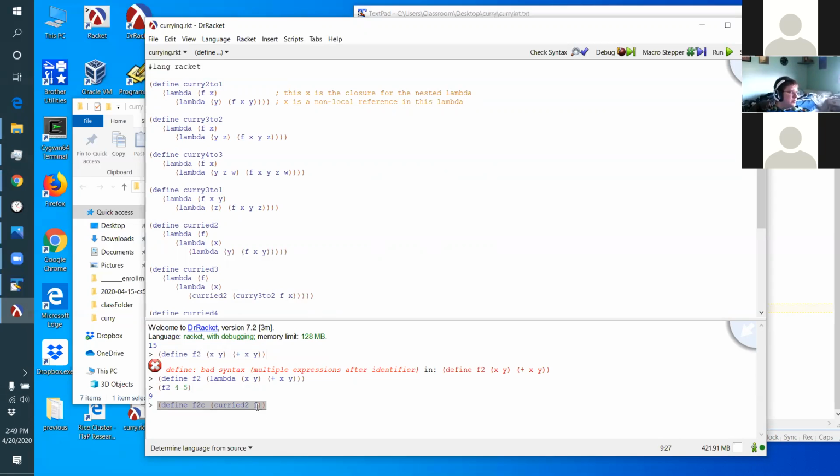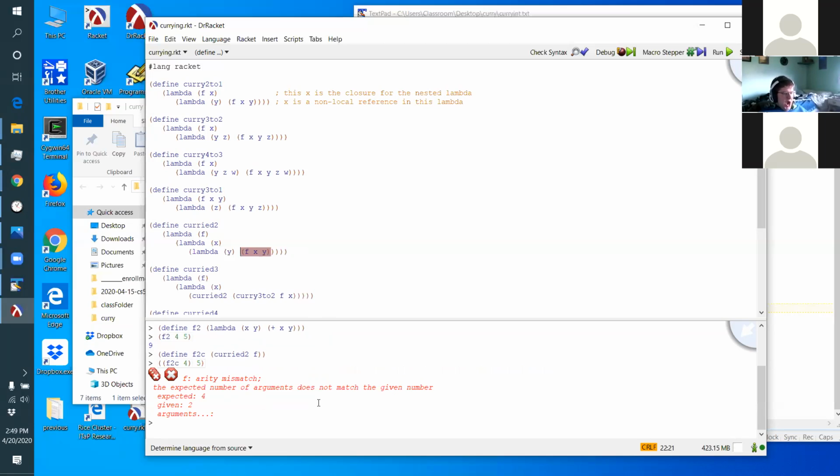We'll look at in a minute how this works, but this function here takes my f as its parameter and it returns a curried version of f. Okay, right? So how do I know it's a curried version of f? Well, f2 curried will take in one parameter and it'll give me back a function that takes the other parameter. So if I call it in its curried form,